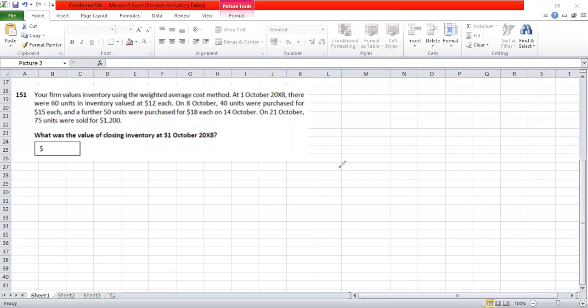As of 1st October 2008, there were 60 units in inventory valued at 12 each. On 8th October, 40 units were purchased for 15 each, and a further 50 units were purchased for $18 each on 14th October. On 21st October, 75 units were sold for 1,200. What was the value of closing inventory